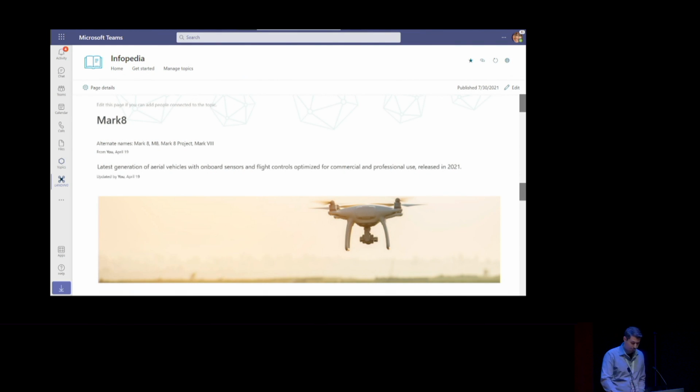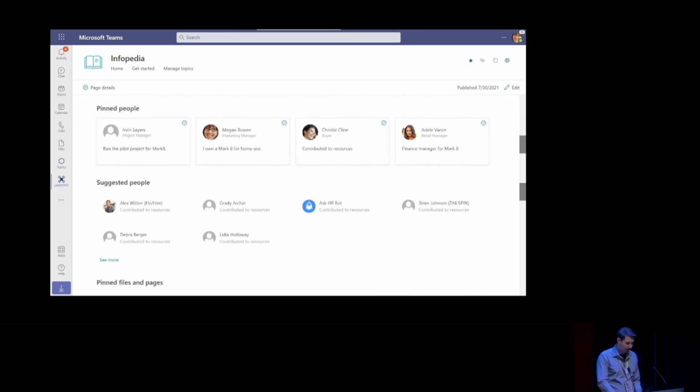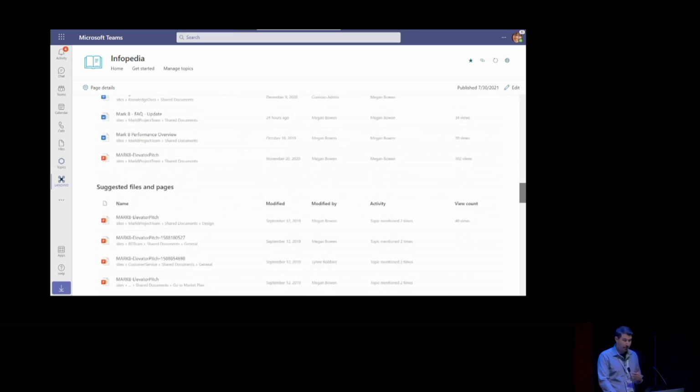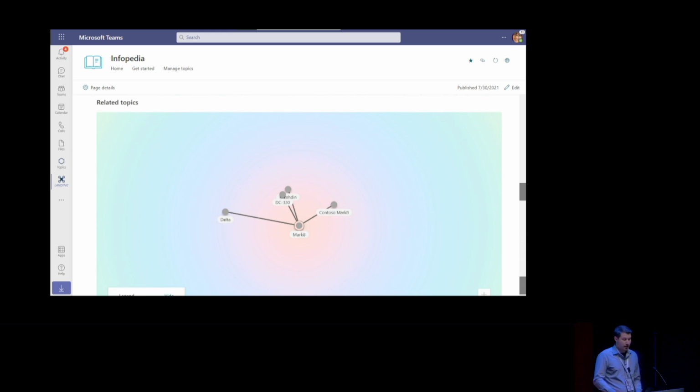The first thing that you notice on this topic page is that this screenshot was taken in a screen with a much lower resolution than here. I apologize for that. But then you see that the topics have a schema and they have all of these different properties. So they'll have a primary name, they'll have a list of alternate names, they'll have a description, and they'll have all of the experts on this topic, various resources like documents and pages, and they'll also have related topics. And we keep on adding more and more properties to the schema that the machine learning supports.